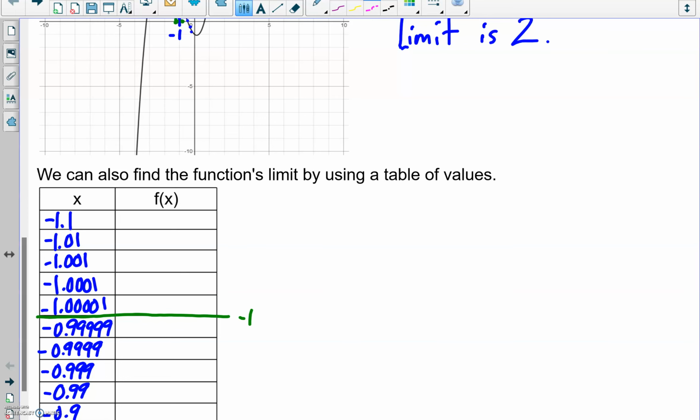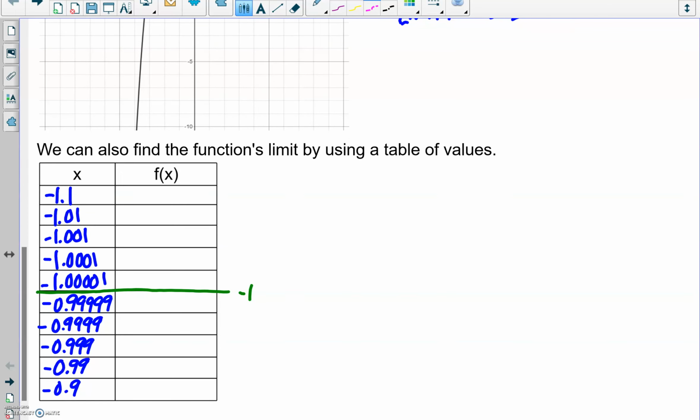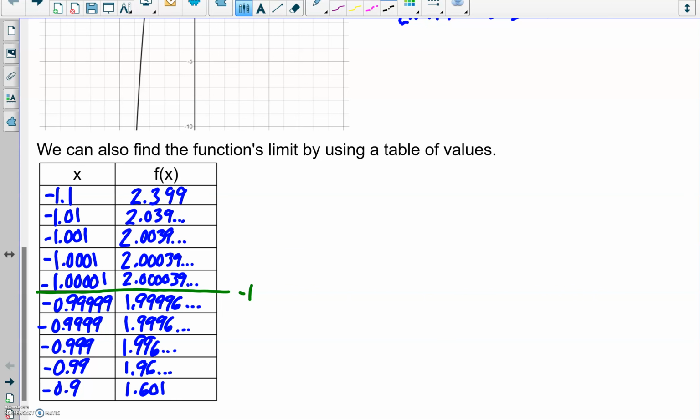And then what you do with these values is you plug them into the function and see what the y values are and see if there's a pattern that develops that will indicate a good guess for the limit. So let's go ahead and fill in those function values there. And after you fill in the function values, you start looking at the pattern that develops as you come in from the left side. So starting at that negative 1.1, working your way down until you get close to that negative 1, and then working your way back up